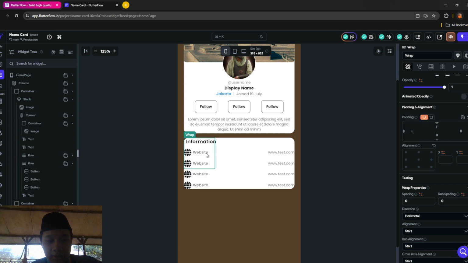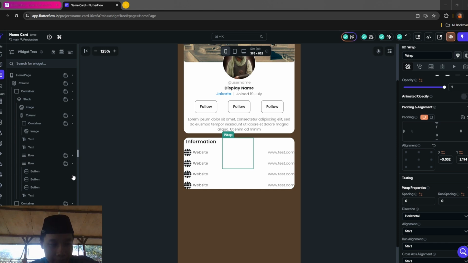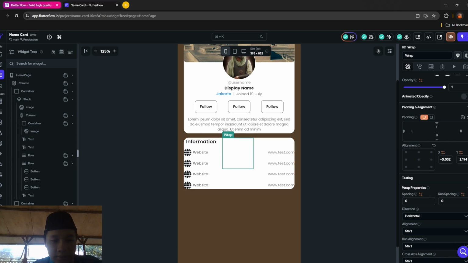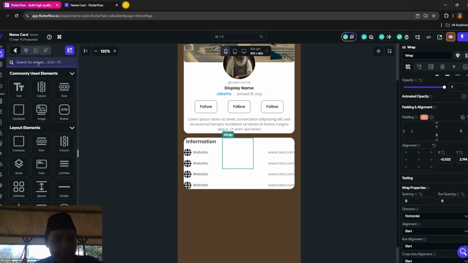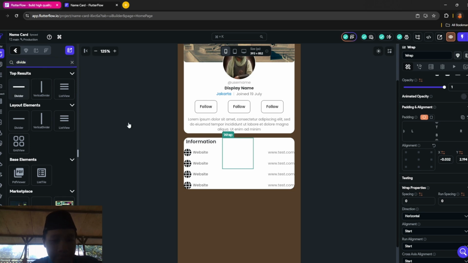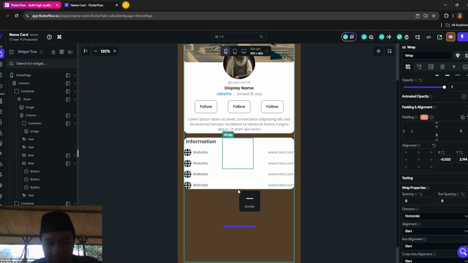After this you want to drag the wrap here. Okay, after you've done that, you want to add a divider first, maybe here, divider like down here.